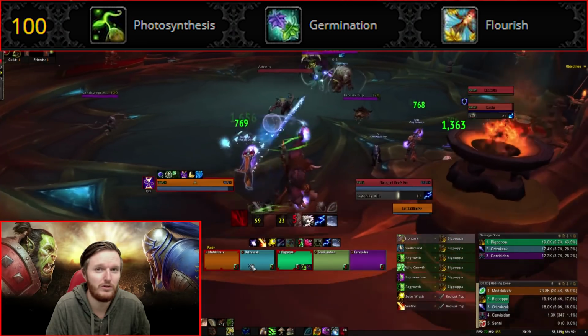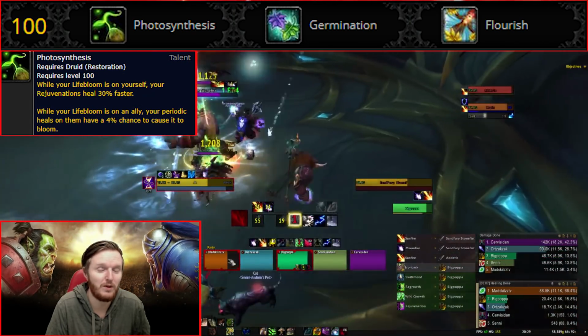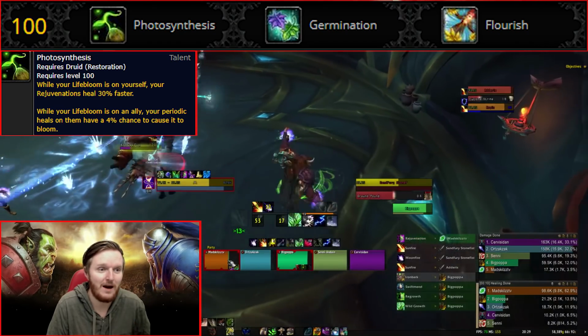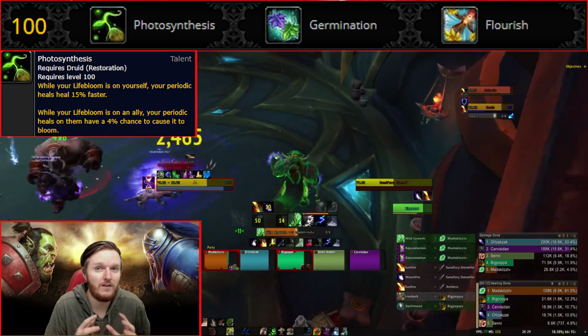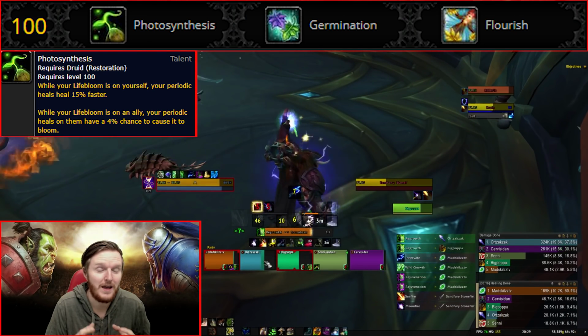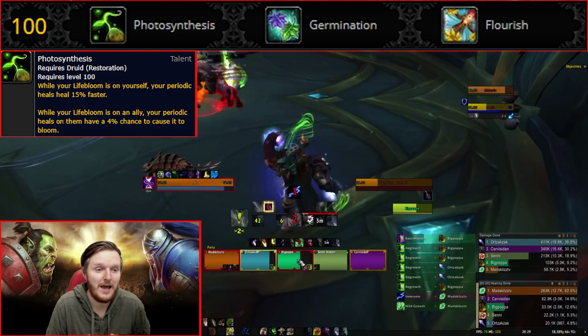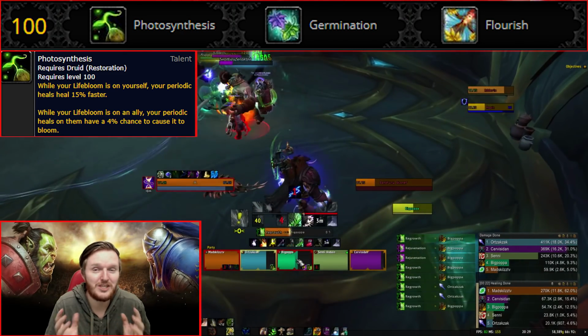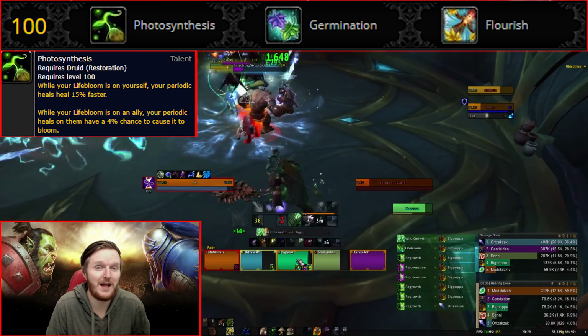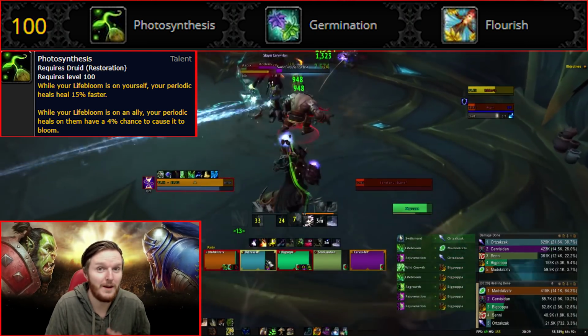So Photosynthesis before used to increase rejuvenation healing, make it faster by 30% when you place Life Bloom on yourself. Now it's going to make all of your HoTs 15% faster when you place Life Bloom on yourself. So instead of spamming rejuvenation when you have Life Bloom in AoE situations, you'll be spamming basically the majority of your spells, because the majority of your spells are going to give some kind of a HoT portion to the party or